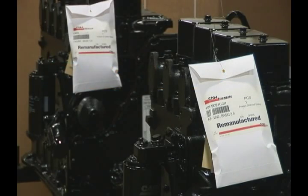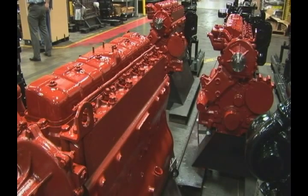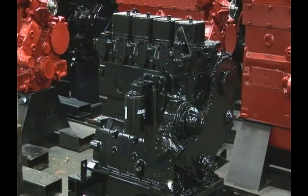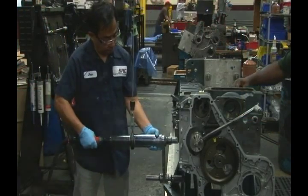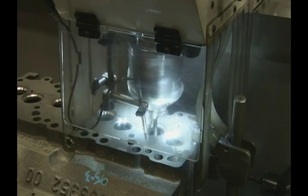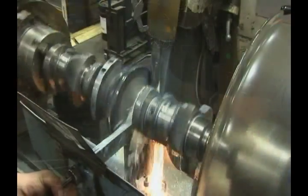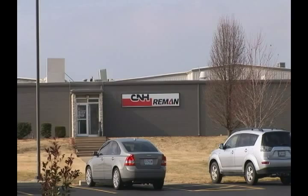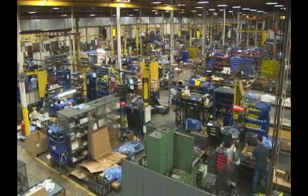Case and Case IH names stand for quality, and nowhere is that quality more apparent than in Case and Case IH remanufactured engines. These units aren't just repaired or rebuilt, they're completely remanufactured, with absolute attention to detail, extensive testing, and rigorous application of the original equipment specifications. The only way to understand just how thorough this process is to watch it in action at our Springfield, Missouri